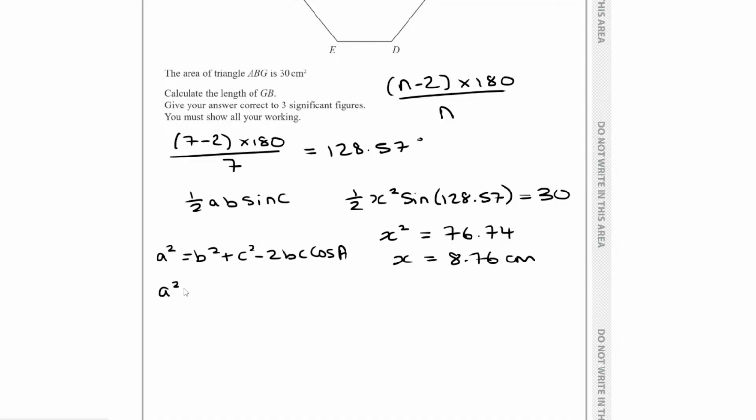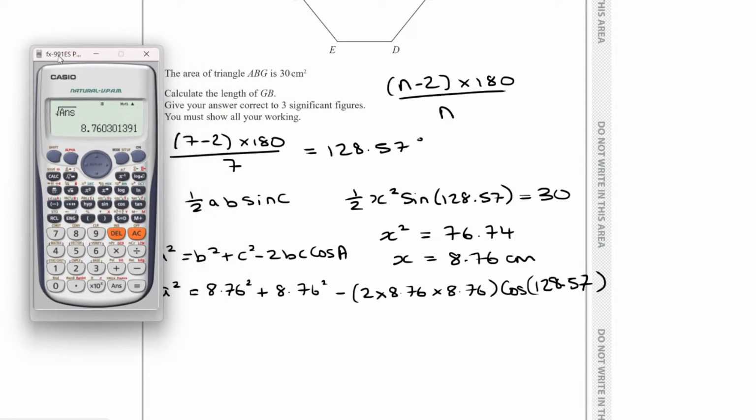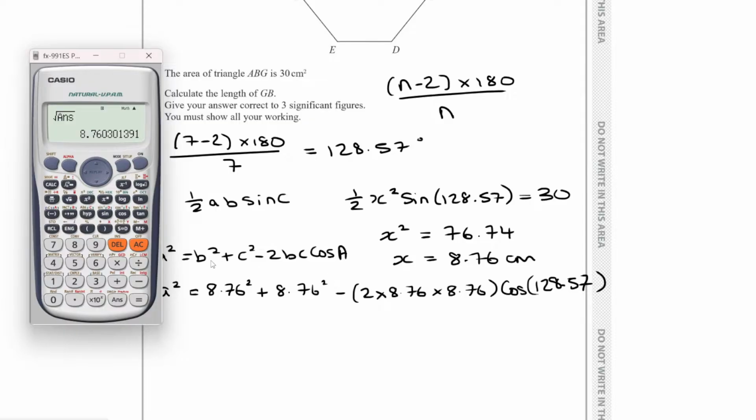So we've got a squared is equal to, because b and c are the same in this case, aren't they? 8.76 squared plus the other 8.76 squared minus 2 times, again, 8.76 times the other 8.76. And then now this time it is cosine of the angle 128. Now what you can do if you want, because we've got two numbers here, the 8.76 and the 128.57,